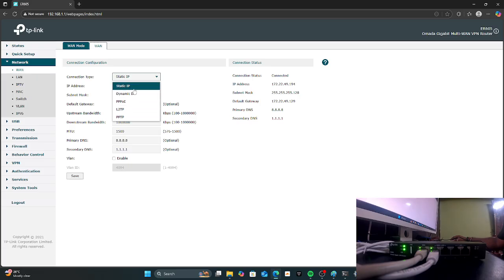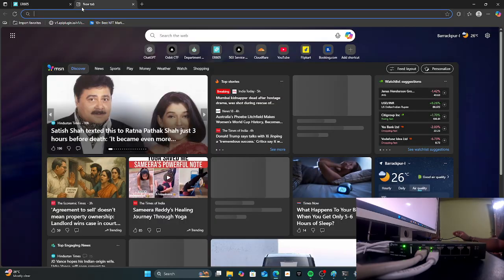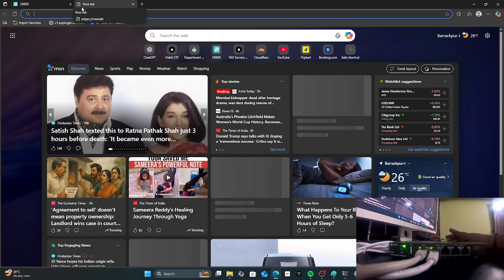So here you are getting many options. You can configure any of them. If you have a dynamic IP, you can configure dynamic IP. If you have PPPoE, L2TP, or PPTP, you can configure those. I have the static IP config from my ISP, so I'm doing it with the static IP. Now, if you check it out, if I type,